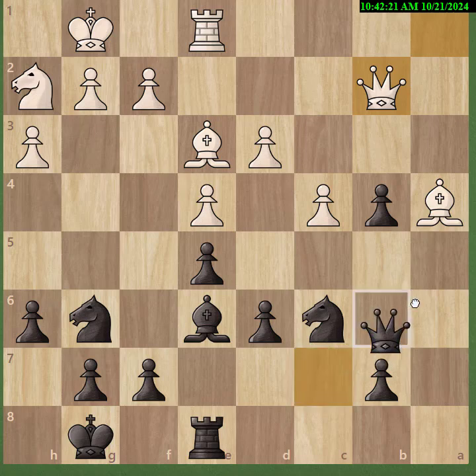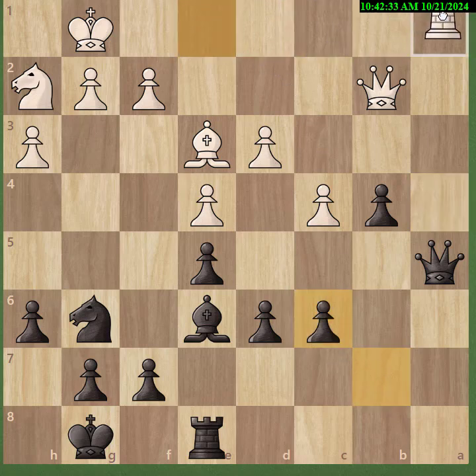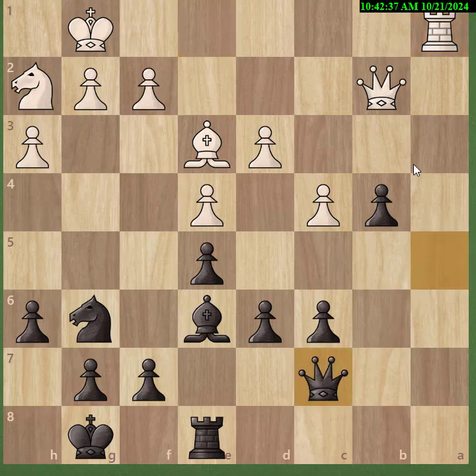Queen a5, Mr. Engine, what do you think? It says black's still better by about a fifth of a pawn, maybe a quarter of a pawn. It says he should take the knight anyway and play rook a1 and hit the queen, and now the queen can't guard the pawn. So when the queen goes back to c7, queen takes b4, we're in a similar position